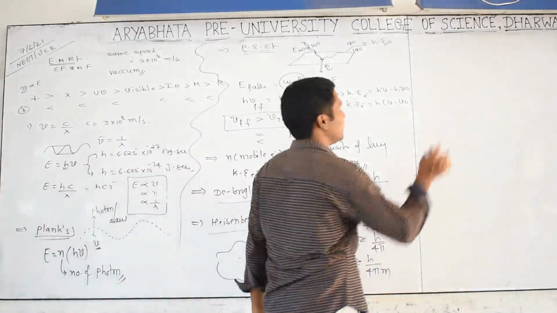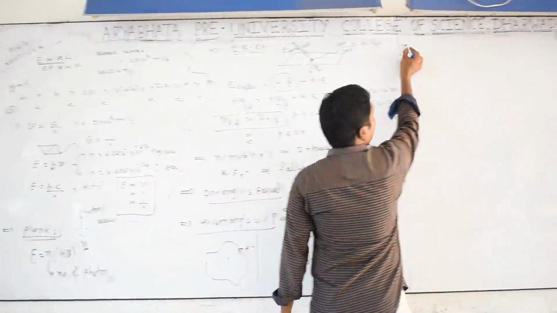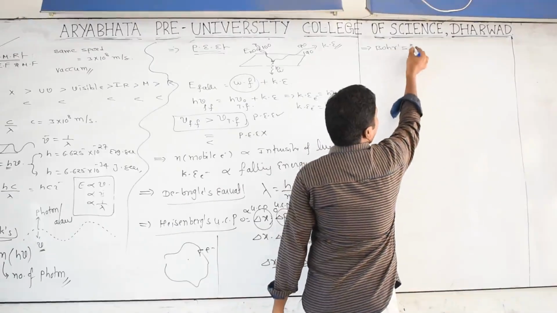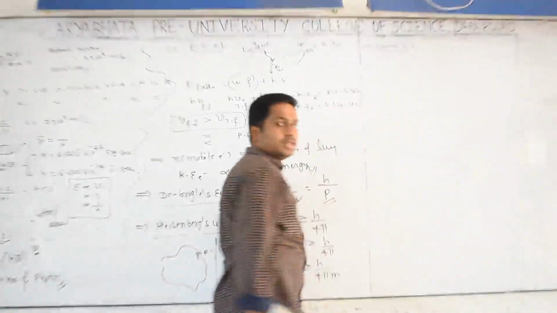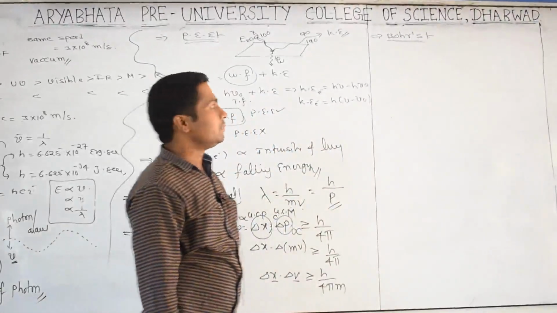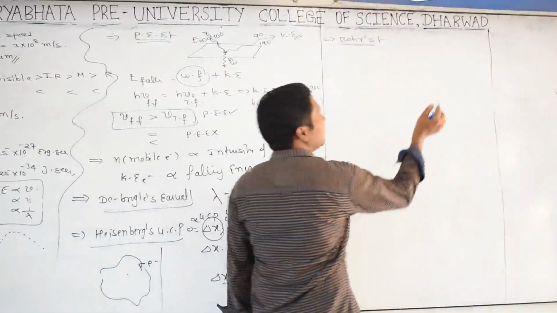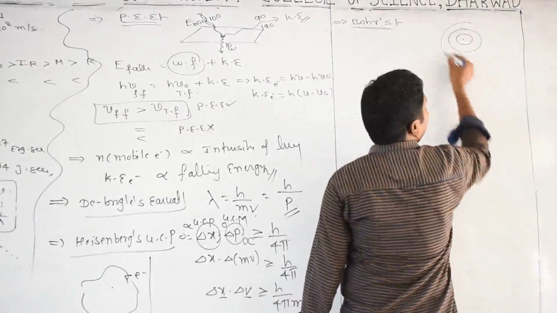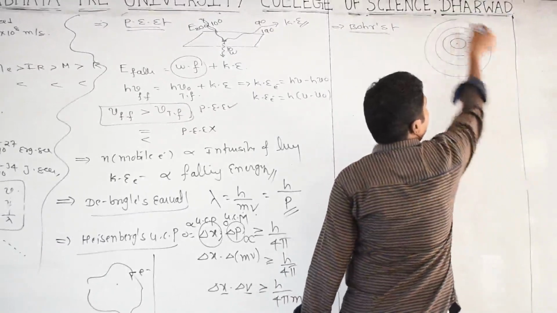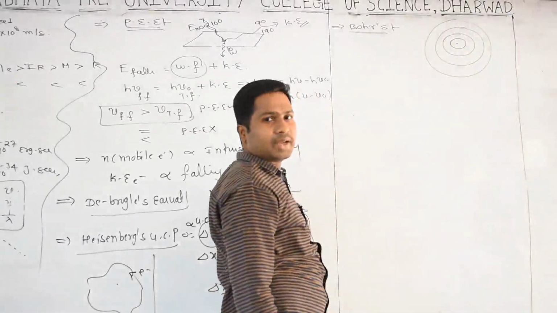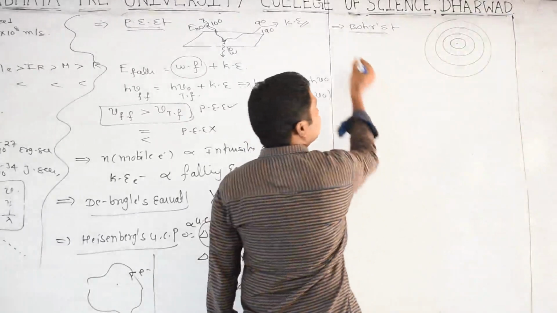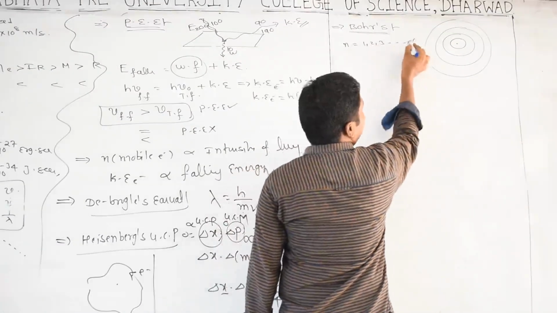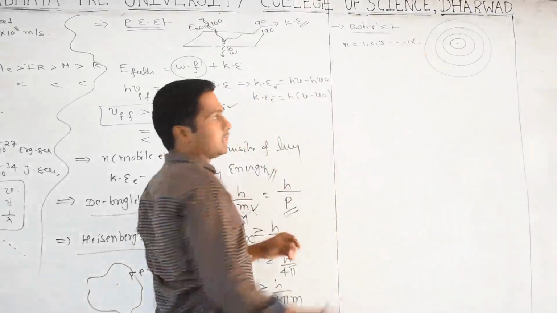Now we are discussing some other thing, Bohr's model. What is Bohr's model? Generally, he told that in every atom we have a nucleus, and around the nucleus so many electrons will be there. They are revolving in definite circular paths, called orbits or shells. They are denoted by n values 1, 2, 3 and so on up to infinity. This is important, listen carefully.